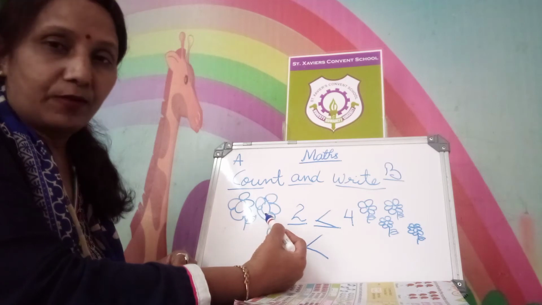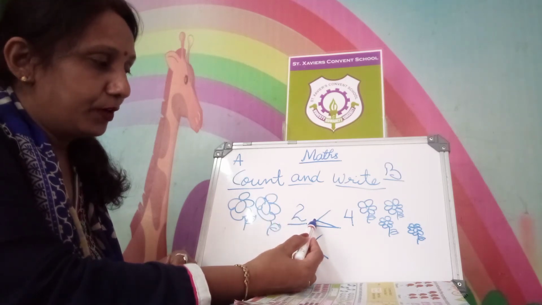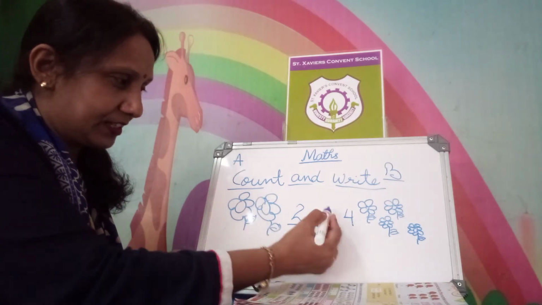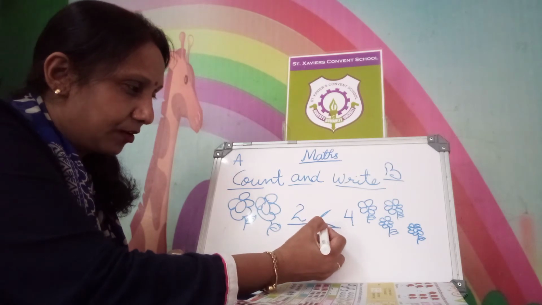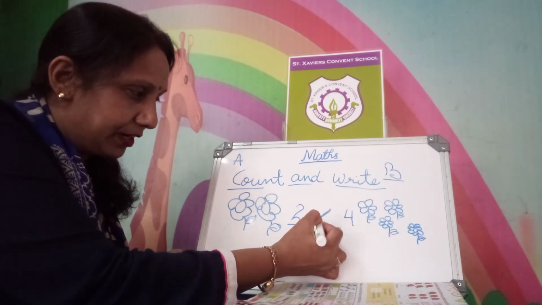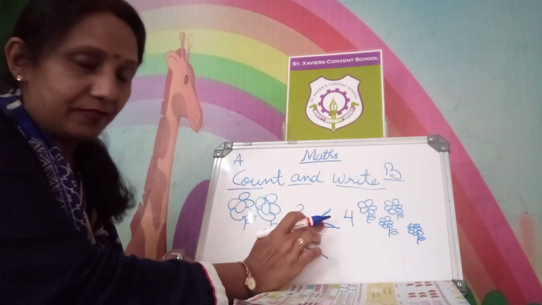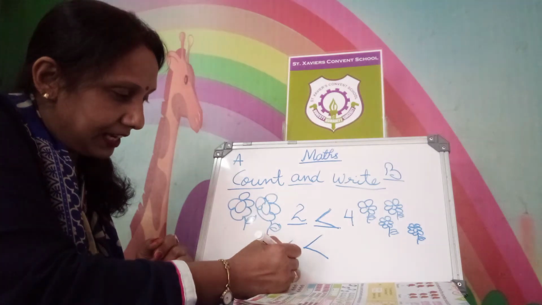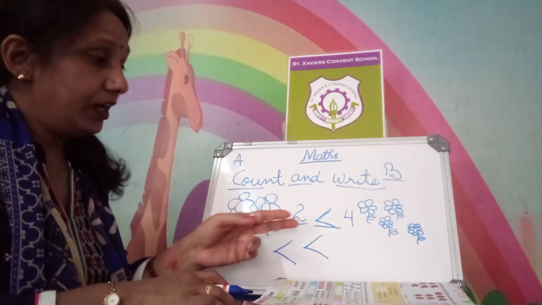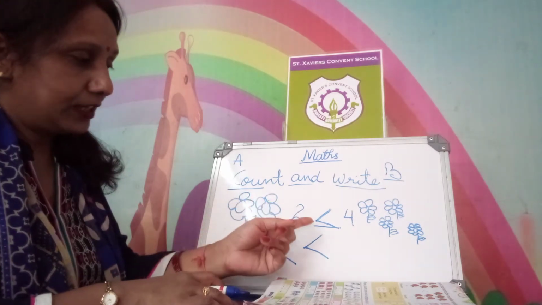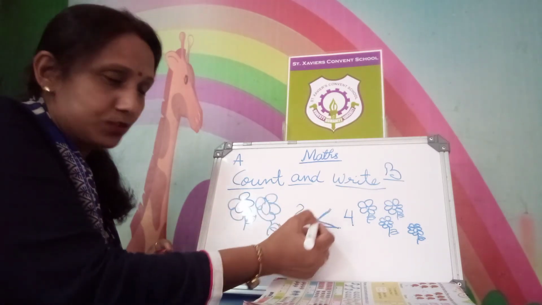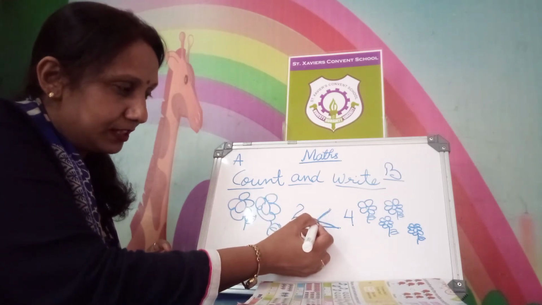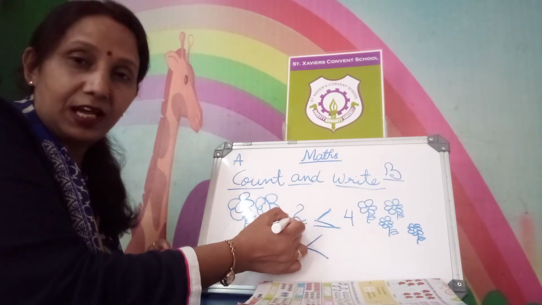And where there is the number less, there we will put the sign like this. It means opposite of greater. Where that number is greater, there this sign we will put, and the mouth opens with these two slanting lines. Where there is the number less, that side, that mouth is closed. It is called like that. The tip of that, the mouth is closed there.